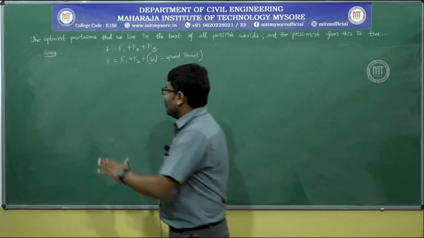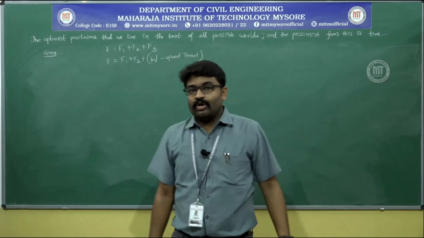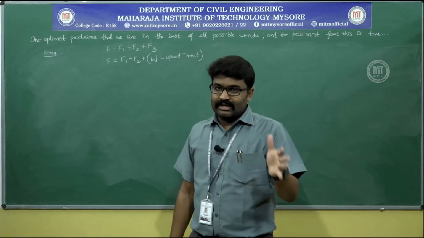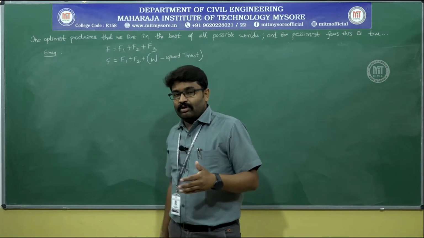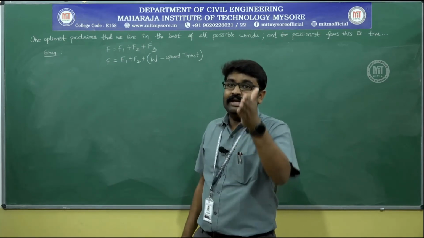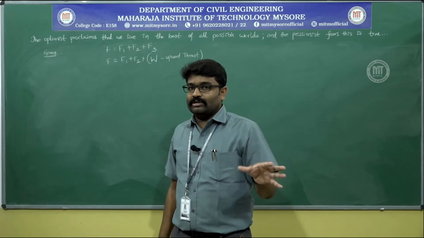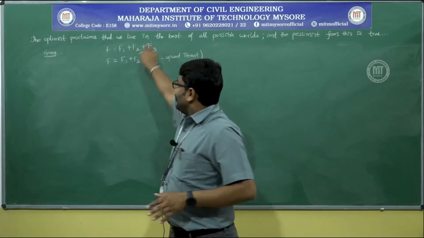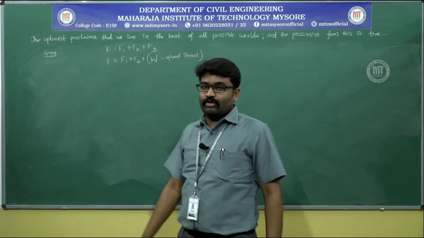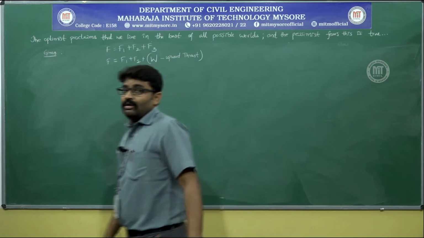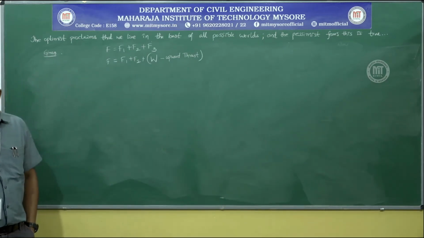Now, let us see how we can solve this problem. F1 and F2 are hidden in tau is equal to mu into du by dy. You can easily calculate it, and you can understand F1 must be equal to F2 because the plate is placed exactly at the midway. If you get F1, you can easily get F2 also. The problem lies in solving for F3, and summing them, you will get the total force required. So, let me have all the data written and then start solving the problem.